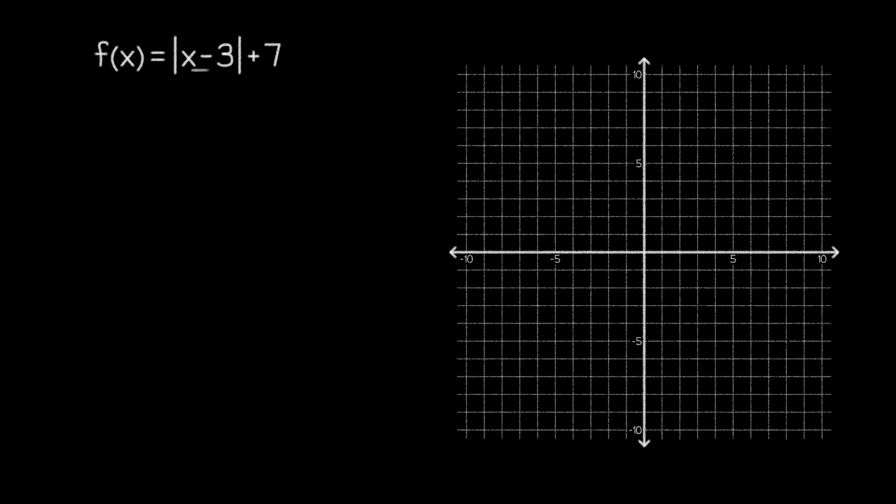First, the subtraction inside the absolute value bars should move the parent function 3 units to the right. So let's draw the parent function and an additional function shifted 3 units right. Then, the addition outside the absolute value bars should move the function 7 units up, which gives us this graph